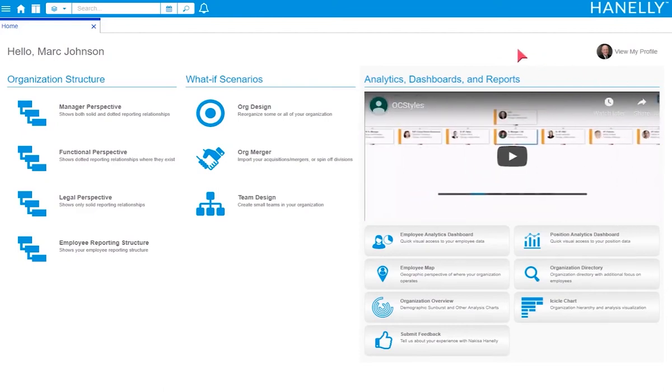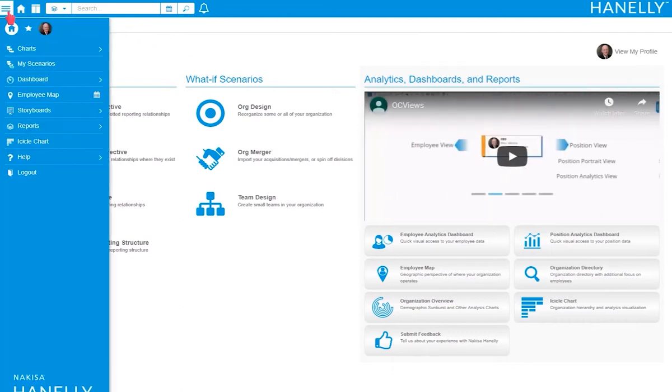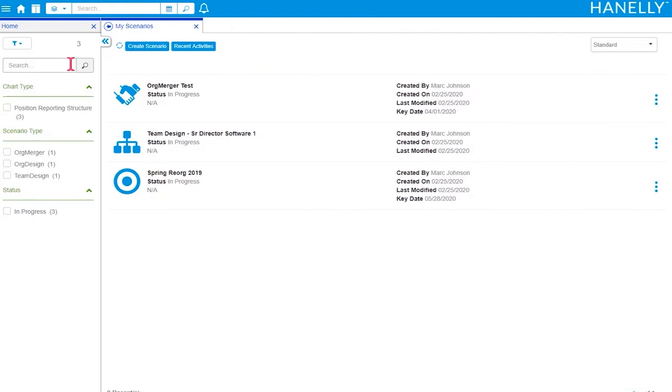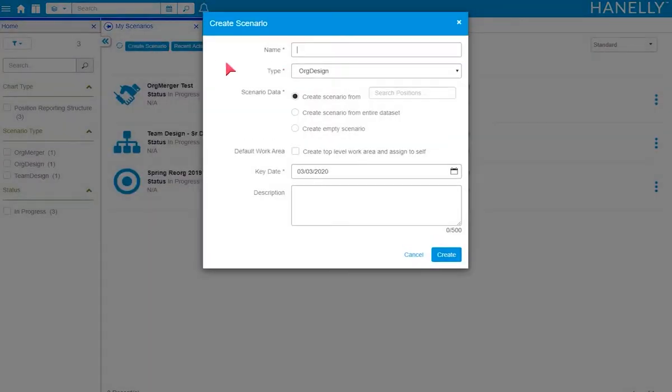There are a few different ways to create a new scenario. If I go ahead and open up the main menu and click on My Scenarios, from this page, I can click on Create Scenario from the toolbar at the top to get to this window, where I can enter the details for my scenario. So I do this if I wanted to create a scenario from the top of the